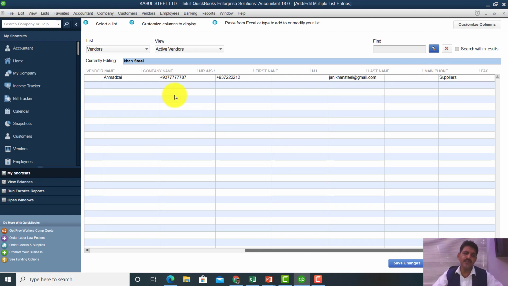So this is the way to develop or design a list of multiple vendors at the same time. If you already have a well updated list in an Excel sheet, you can copy the whole Excel sheet to this list. Okay, student, I hope you understand